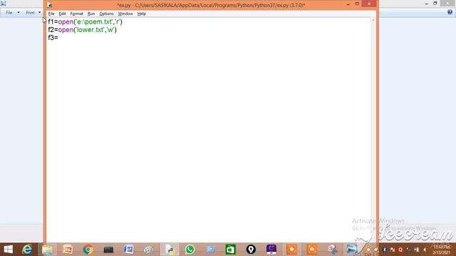F3 is open upper, write mode. F4 is open others dot text, and write mode.